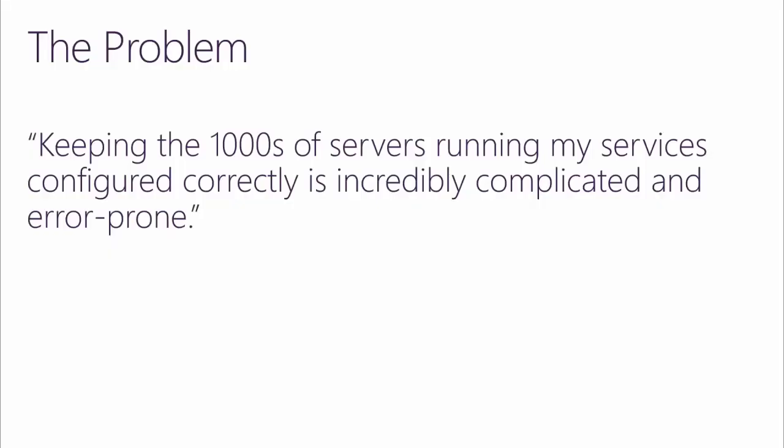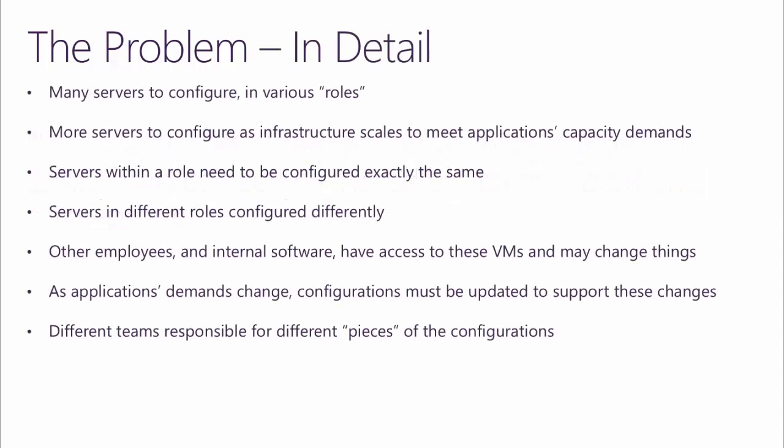So help us understand what we're trying to solve for with desired state configuration. Why is it so important? Sure. So essentially the problem we're trying to solve here is that keeping the thousands of servers running my services configured correctly is incredibly complicated and error prone, right? If you have a giant infrastructure deployment of systems on-premise and in different clouds, thousands of machines at scale, doing configuration management across all of them can be really hard. And the reason for that is because in addition to the fact that there are many servers, they have some state, some configuration you want to keep them in,